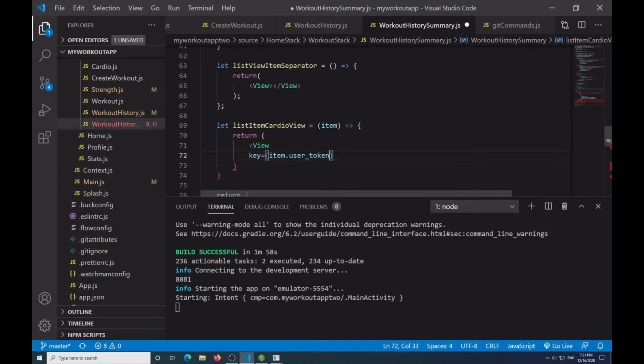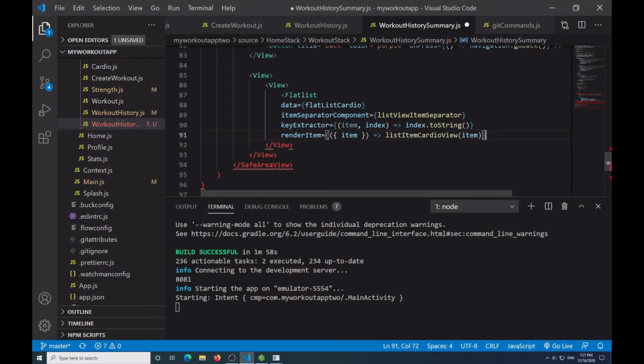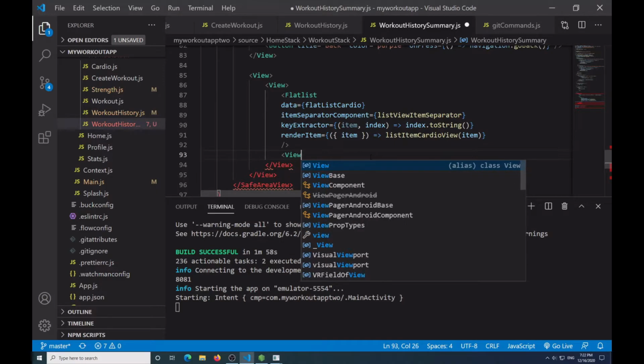Item is equal to that, and I have a closing view right here. And let me just make sure this is finished. So I'll just put in that. So then, yep, and then I'm going to have a view here